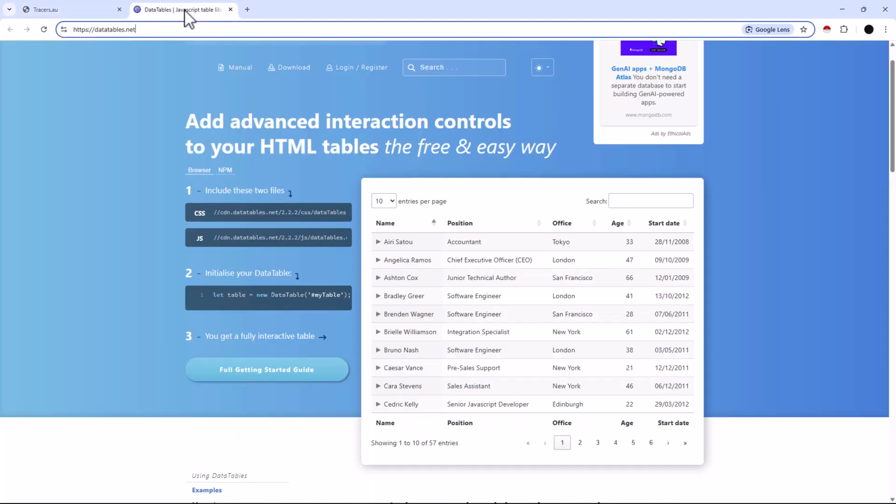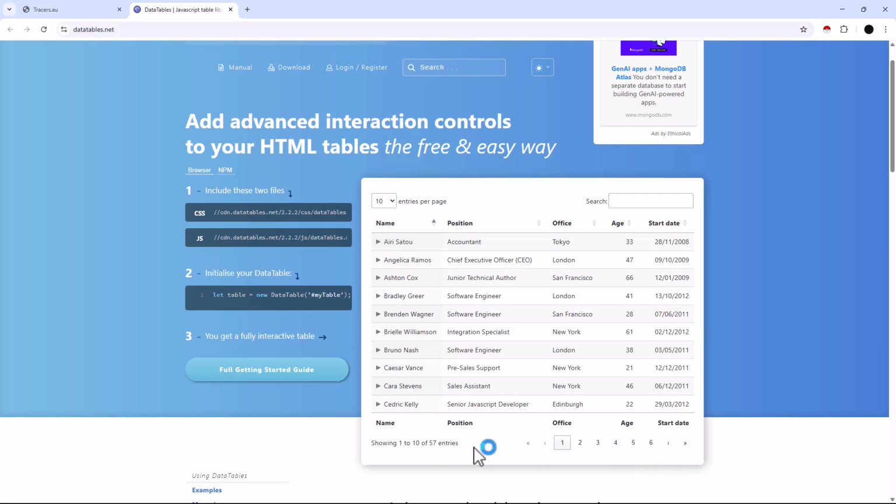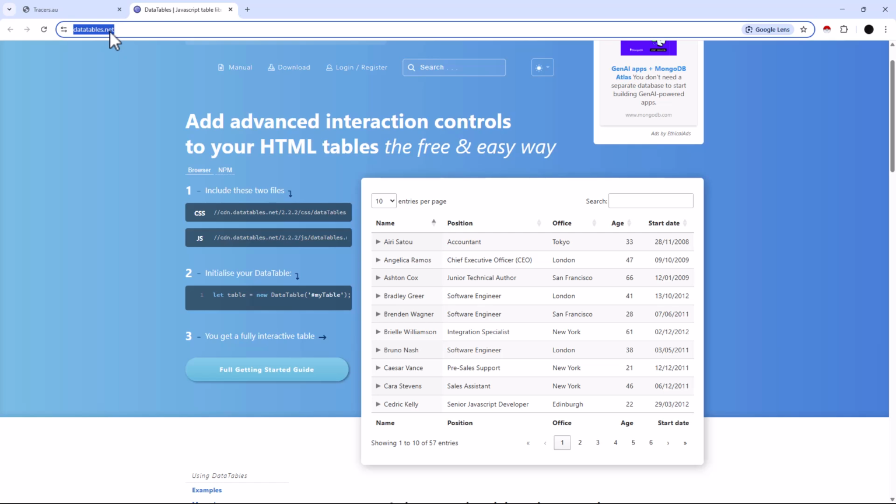So I have a website here I'm using as a demo, and we can see there's a table on this website. And this table has 6 pages and a total of 57 entries. So we can only see part of the entries on the screen, so 10 on the screen at the moment. But if I grab the address for this website,